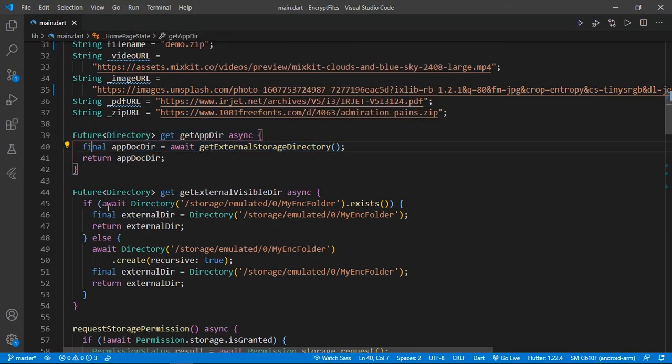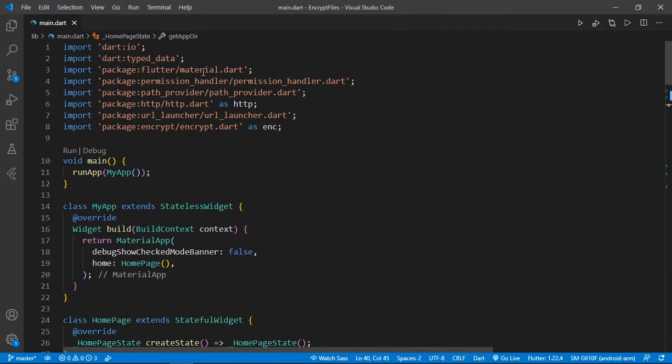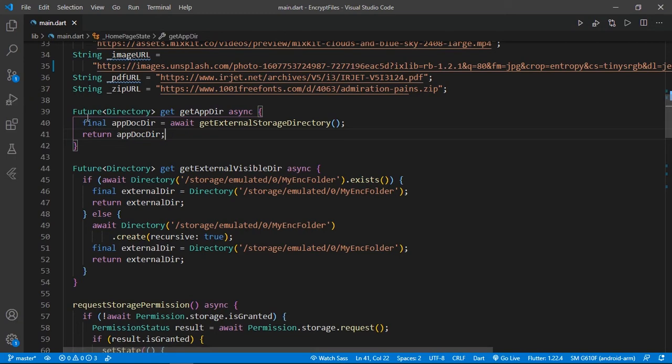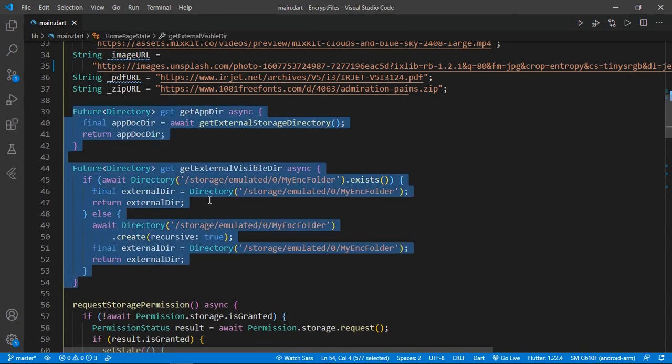Instead, I'm going to use this folder getExternalVisibleDir, so you can share, and I can show you that encrypted and decrypted file. But you can use this also, there is no problem with either. That's why I imported path_provider here. So these are our first two getter methods which will get a path.